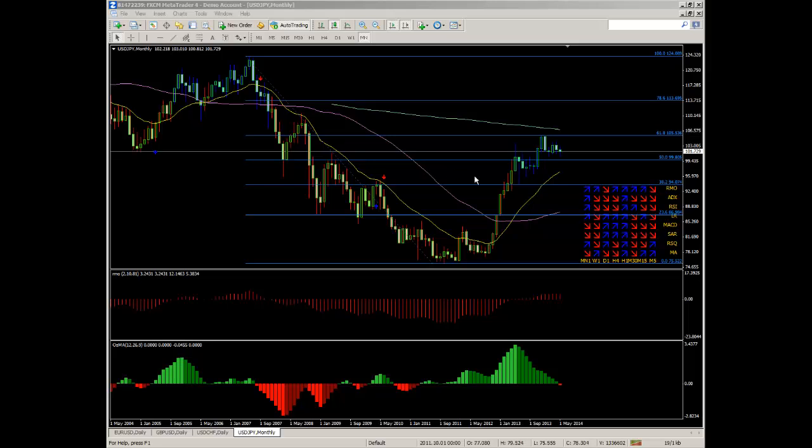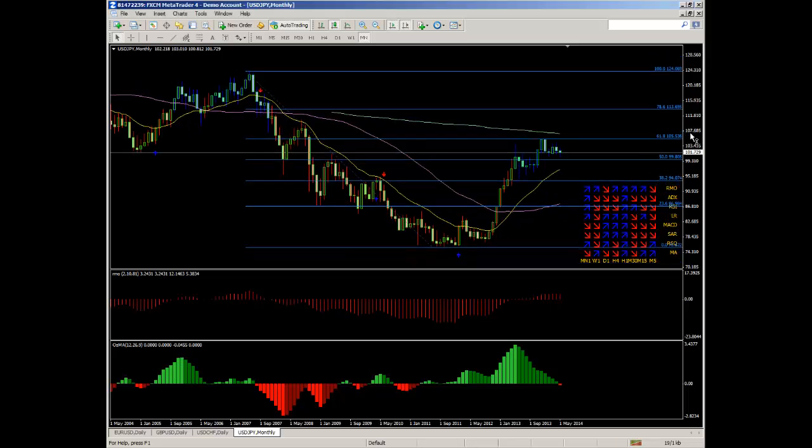Last pair, I'm looking at the US dollar, Japanese yen. Here again, we've had a lot of consolidation near term. The overall bias is one of upside. What we clearly have here is the blue arrow, blue candles. The RMO is above. However, the OSMO is not confirming with that. We've had a lot of indecision recently, and price has just been moving sideways within a consolidative range. The actual indicator bar is all over the place. It's trading below, between the 50% monthly fib retracement level and the 61.8 fib level, and the institution is still